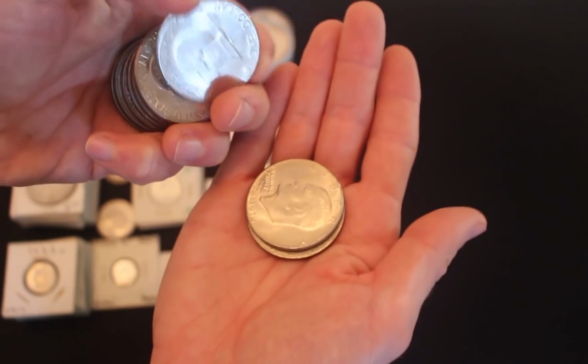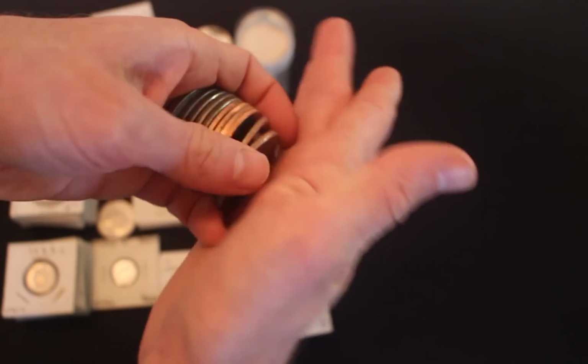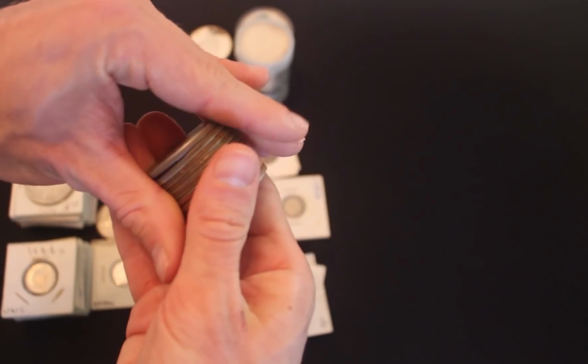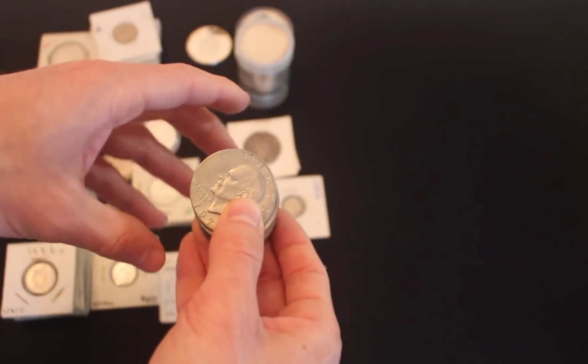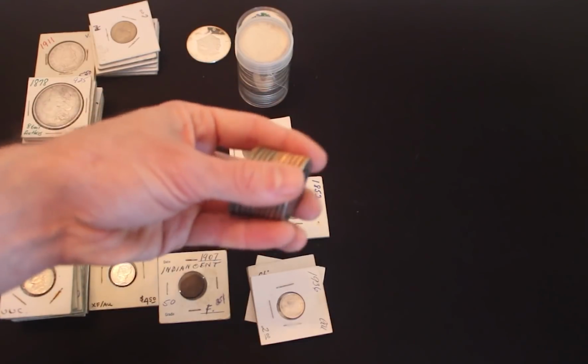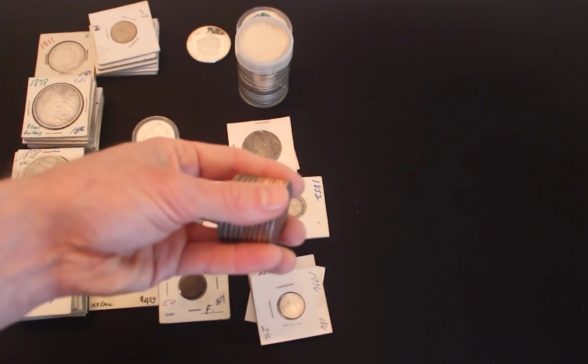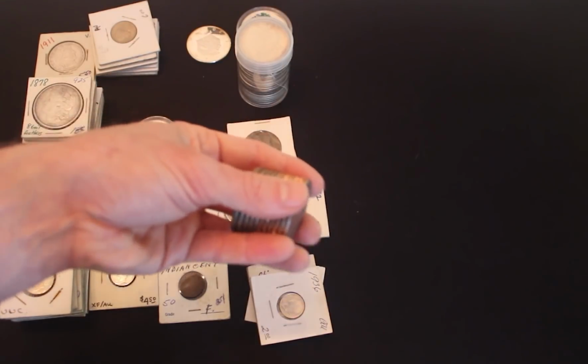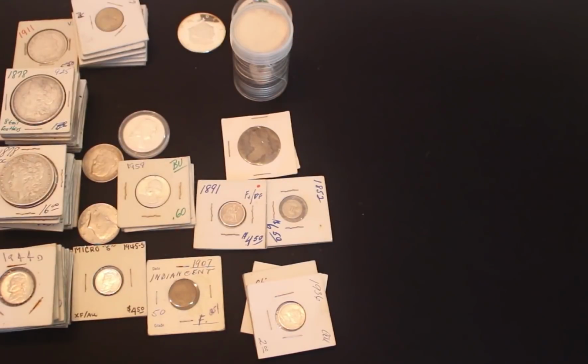And in this case, all of these are just run-of-the-mill $1 coins that can basically be brought back to the bank. Sometimes I'll just include these in grab bags, and sometimes, honestly, I'll just bring them back to the bank because I've bought so many collections. If I would have held on to these, I'd probably have over $1,000 by this point in clad Eisenhowers. So I take this and I put that off onto the side, and what I do is I mark it